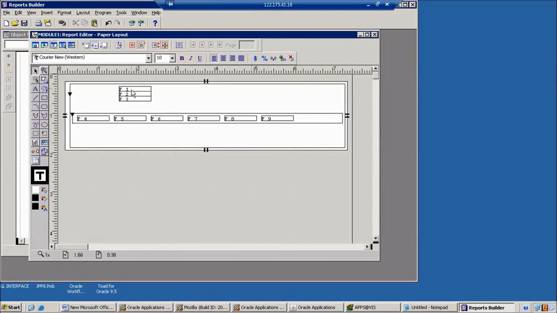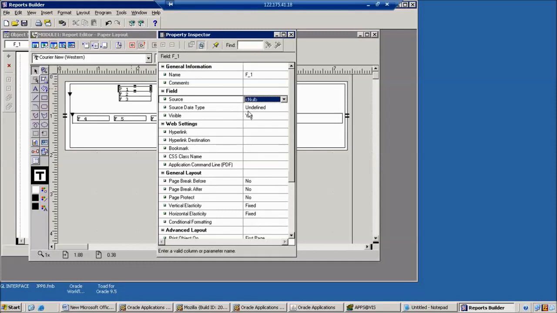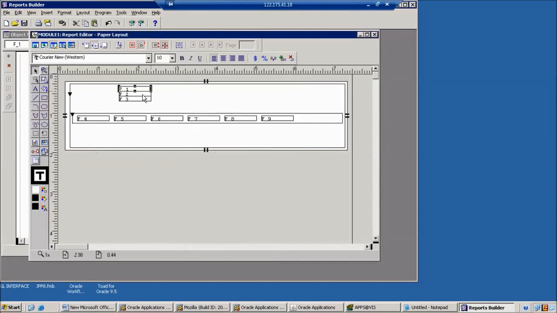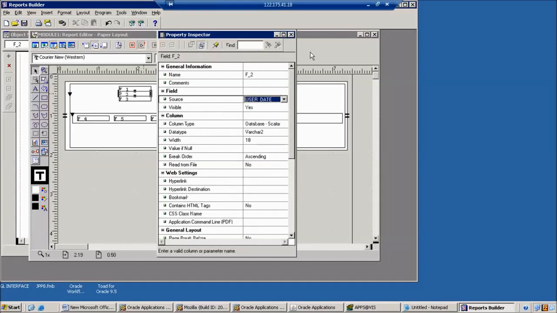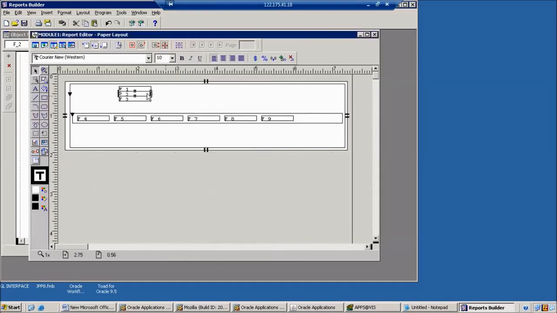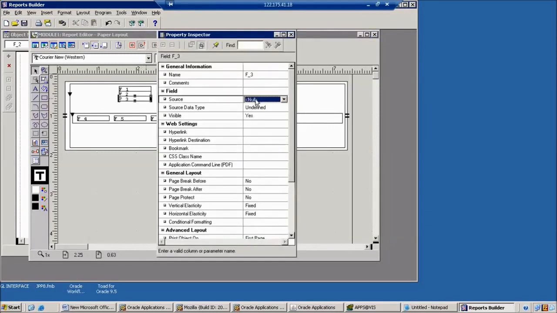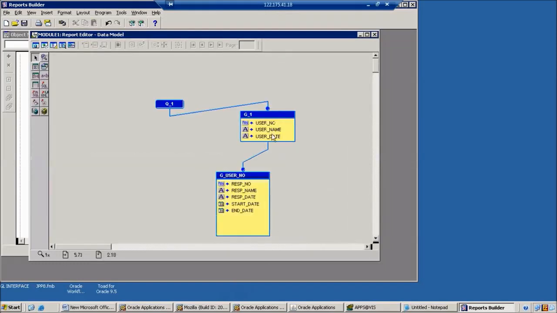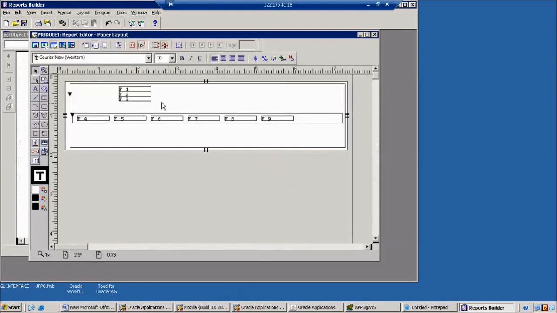Next we set the sources for each and every field: user number, user name and user date. We can specify the alias names, right? Whatever columns appear in our group, only those columns appear in our field.